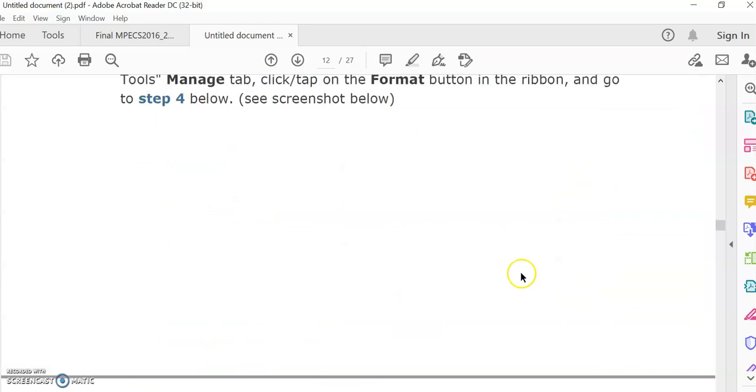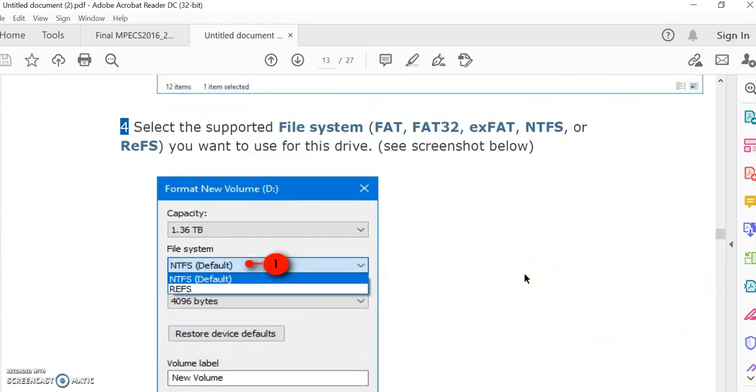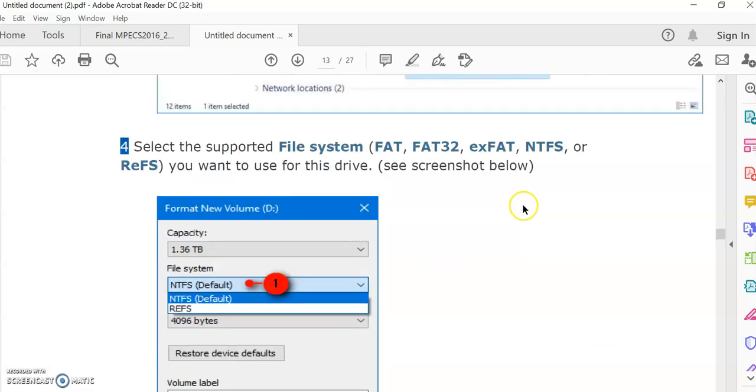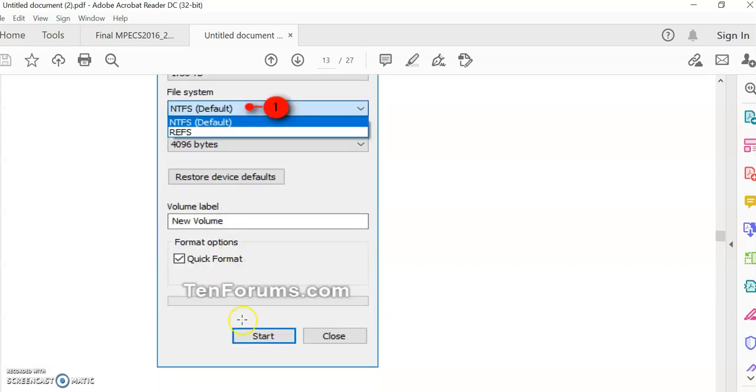So it will format this particular drive. So it is just a kind of quick format. Once you click on Format, the next window will appear. It shows the capacity, then the file system, with which file system you want to format, and Start. Quick format, as we have discussed, will not find out which bad sectors are available, and that will get deleted.